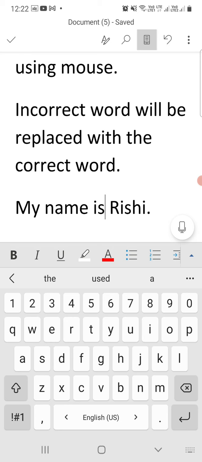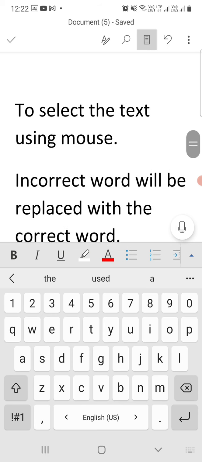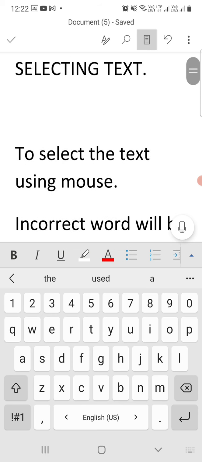Next you have thesaurus. Okay, for that you have to write some word and it will show you the synonyms. This one is also available only in computer, and the thesaurus option is not available in mobile.